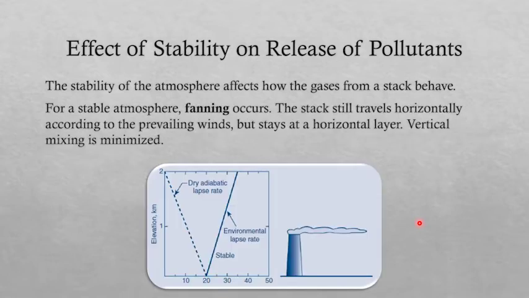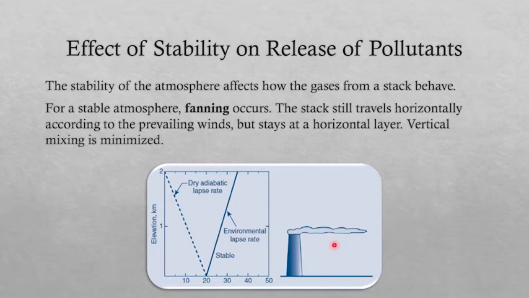Let's have the opposite. For a stable atmosphere, fanning occurs. The stack still travels horizontally according to the prevailing winds, but stays at a horizontal layer. Vertical mixing is minimized. Therefore, the stack gas would just travel horizontally along its designated layer. The layer where it travels depends on the buoyancy forces of the stack gas and the buoyancy forces of its